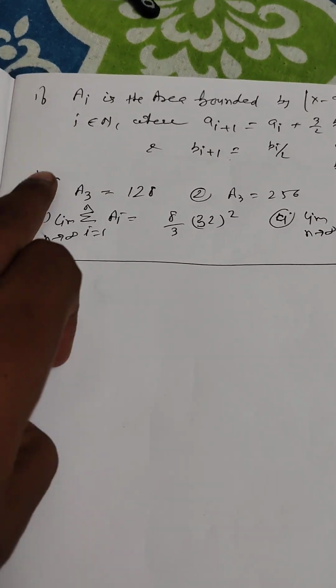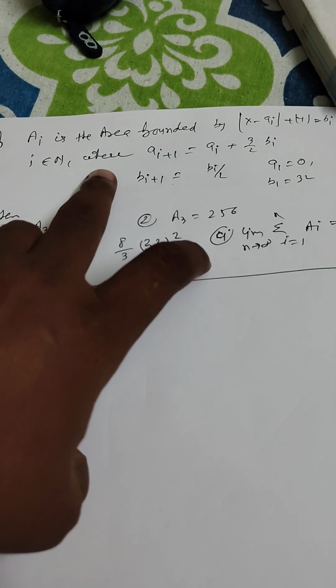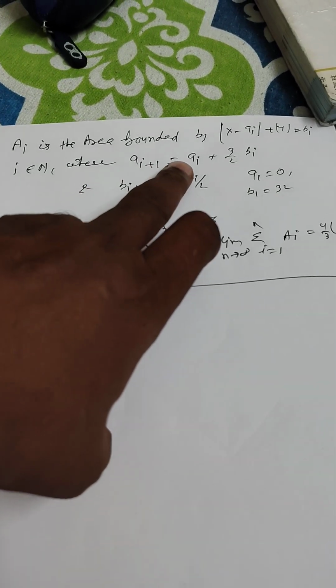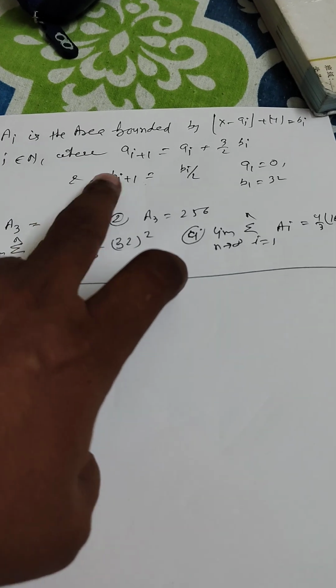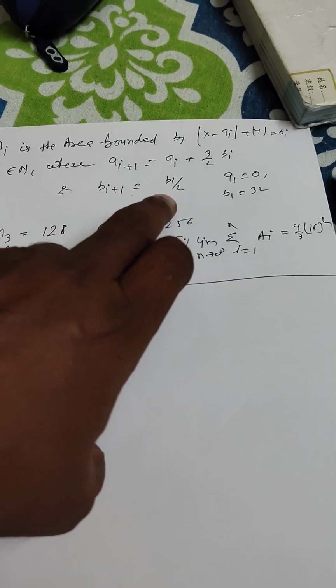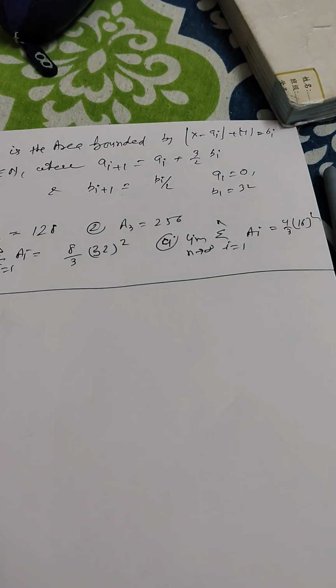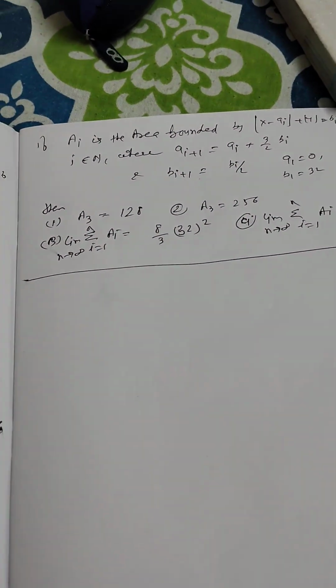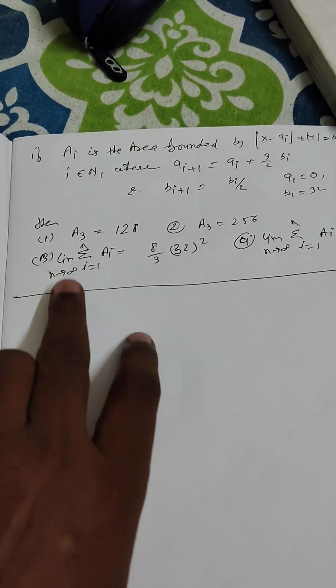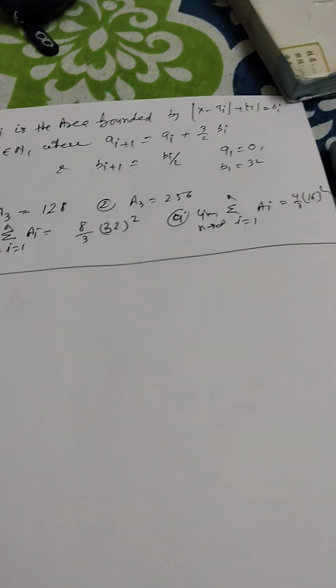Here i belongs to the natural numbers, where a(i+1) = ai + (3/2)bi and b(i+1) = bi/2. A1 and B1 are given, and four options are given. You have to find the value of A3 from these options. So first, for this type of question,